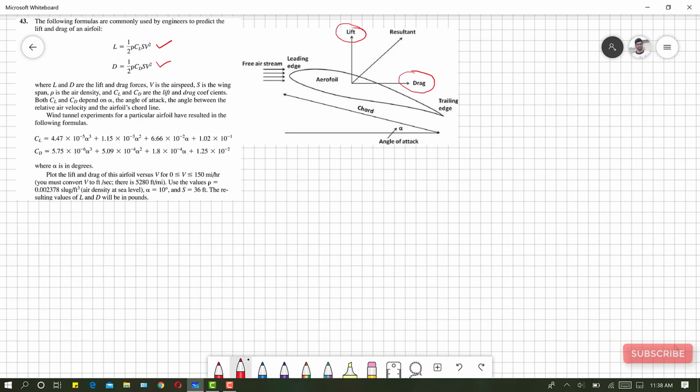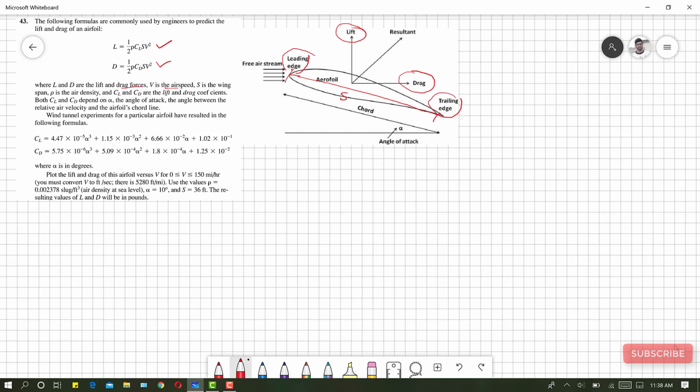What is wingspan? So the wingspan is the length between the leading edge and the trailing edge. The straight distance between the leading edge and the trailing edge is the distance S. This is distance S. So now it is said that where L and D are the lift and drag forces,